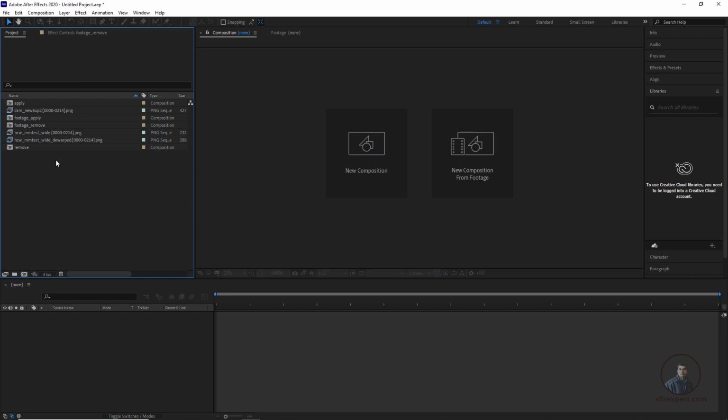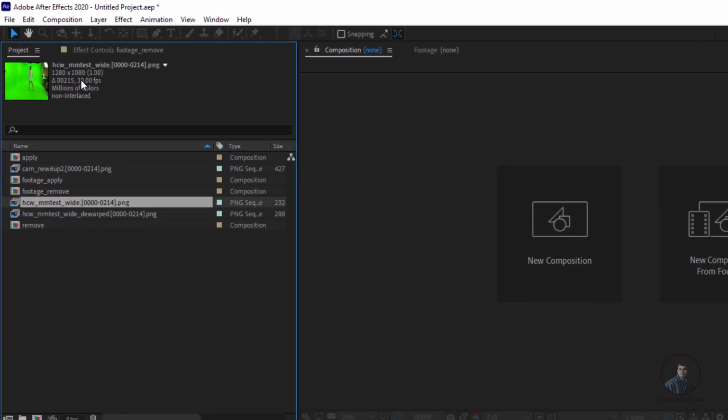Now after this, what we have to do is this: in After Effects, if you import any image sequence, by default After Effects imports your image sequence at 30 fps or 29.97 fps. So easily we can see here. We have to correct two things, because this footage has pixel aspect ratio 1.5. If you look here, it's actually showing square pixels. So we have to correct this pixel aspect ratio and this frame rate, because I tracked this shot in 3D Equalizer at 24 fps. So the same frame rate we have to use for compositing here.